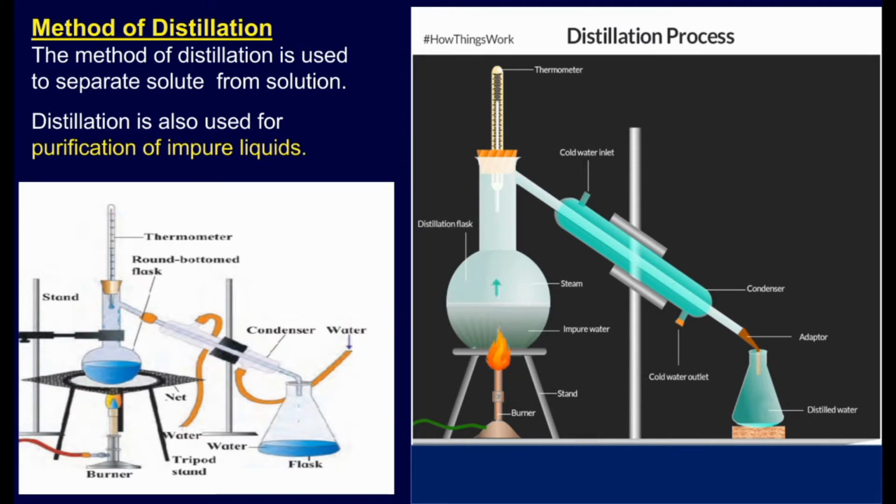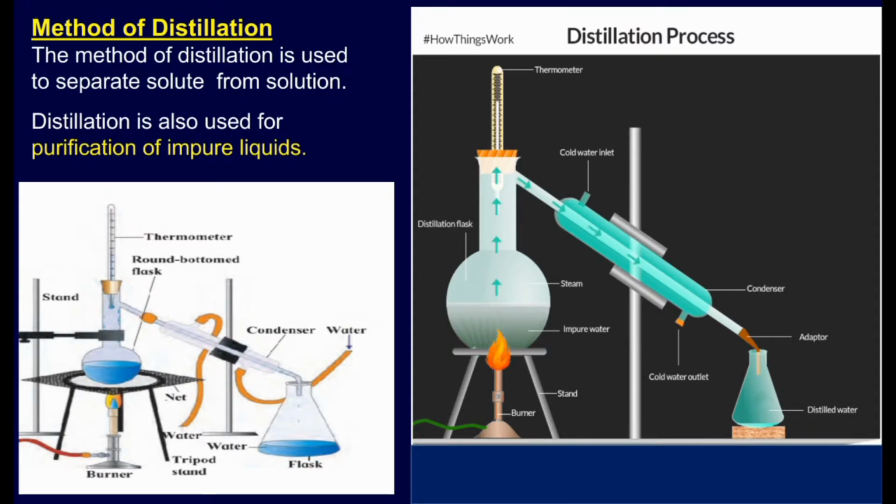Start heating the liquid in the flask. Observe the conical flask. Slowly, droplets of water start falling into it. The salt water in the round bottom flask boils on heating. The water in it vaporizes. When the vapor passes through the inclined tube, it gets cooled due to the surrounding cold water and condenses to